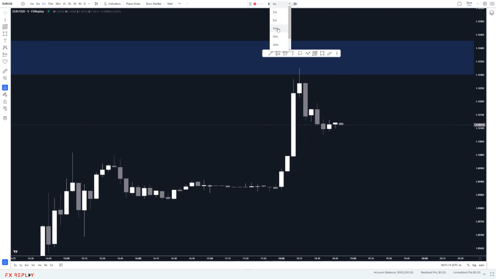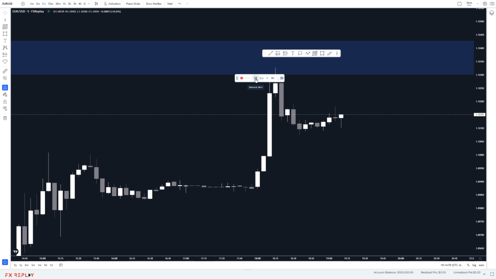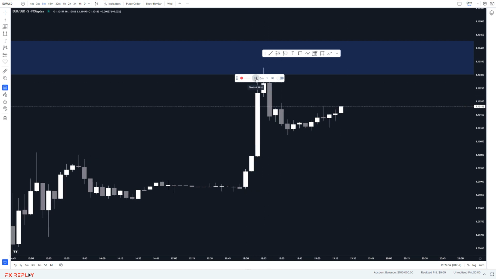Up here, this is the tool that you can use for the replay. If you want the candle to go ahead in 5 minutes, you can put on the 5 minute and click this. So what price will do is price will go. You see the way price is going? So it's more of a live. So what I will do is